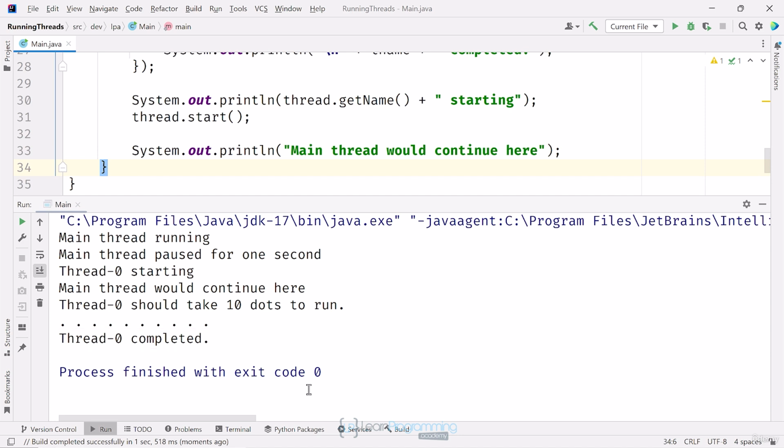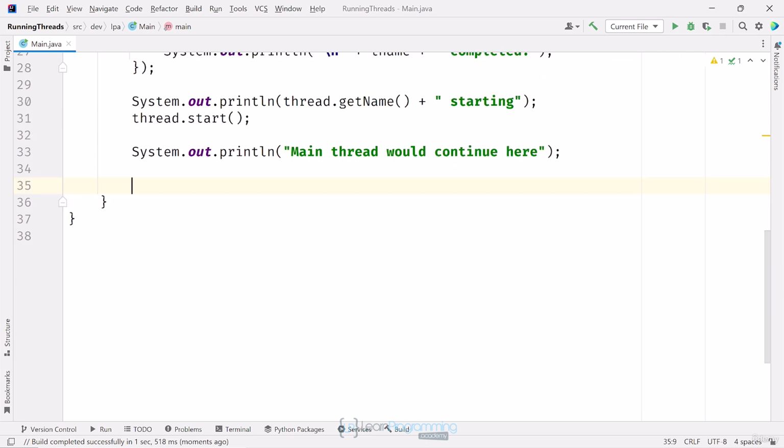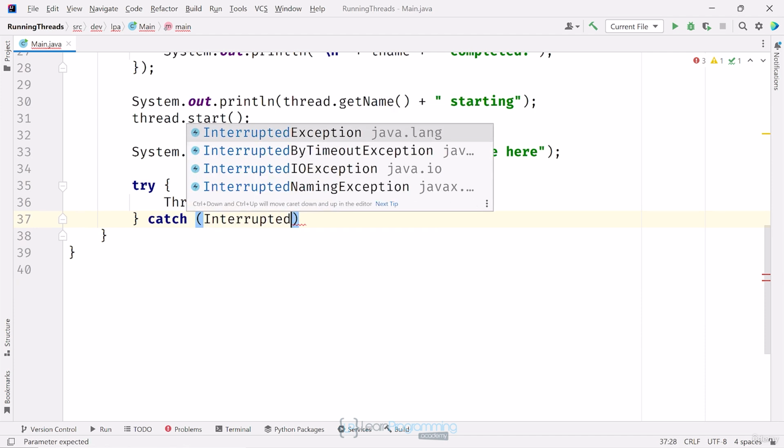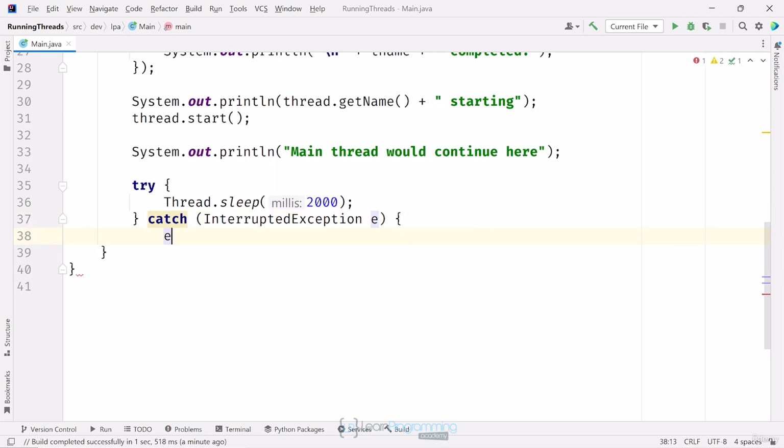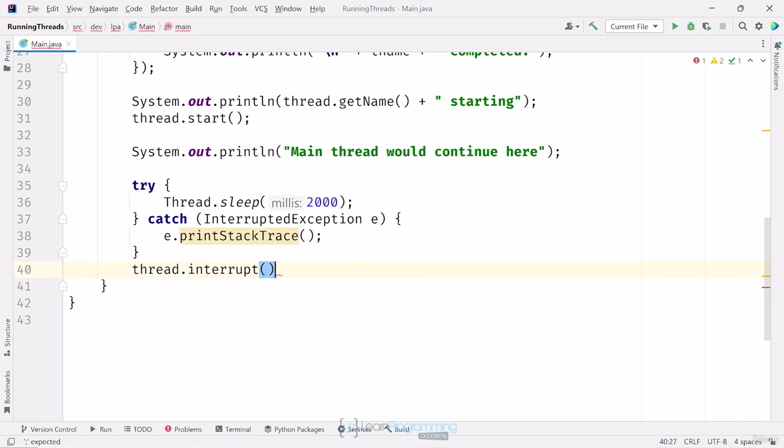Now that I've got a running thread that catches an interruption, I'm going to actually interrupt this thread from the main thread. First, I want to give it a little time to run, so I'll have the main thread sleep for 2 seconds. I'll print an error message if the main thread is interrupted. I'll interrupt the new thread by calling the interrupt method on the thread variable. Running this code,